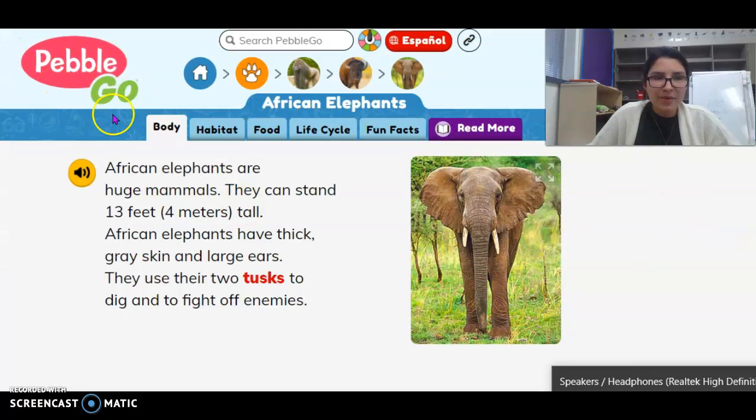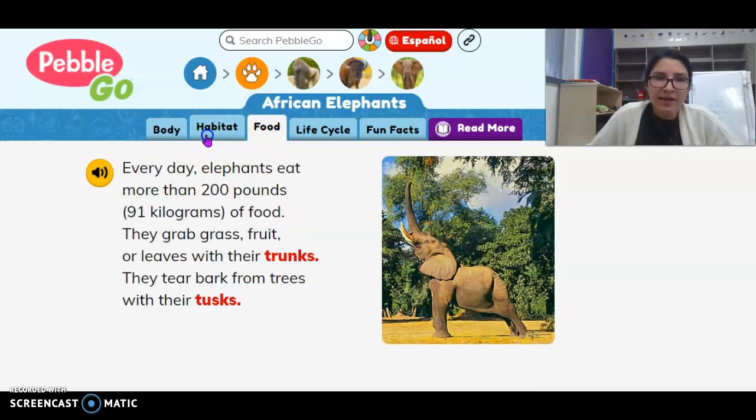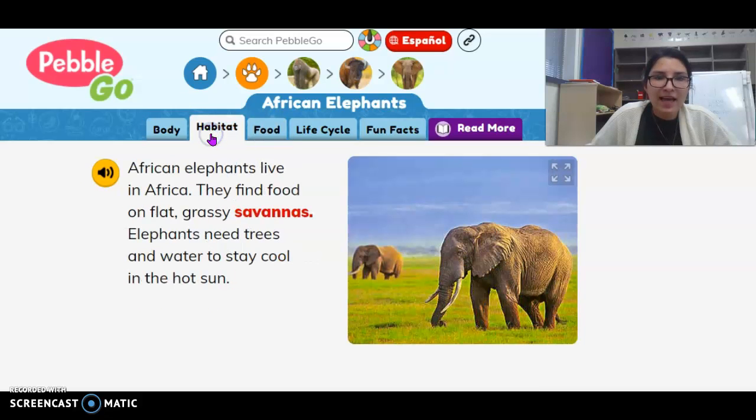All right, so here's Pebble Go. It's a website. So we already went over body, which is appearance. We went over food, which is their diet. Now it's time for habitat. Habitat is where they live. So right here, African elephants live in Africa. They find food on flat, grassy savannas. Elephants need trees and water to stay cool in the hot sun. Okay, so where do African elephants live? In Africa. Let's look up,